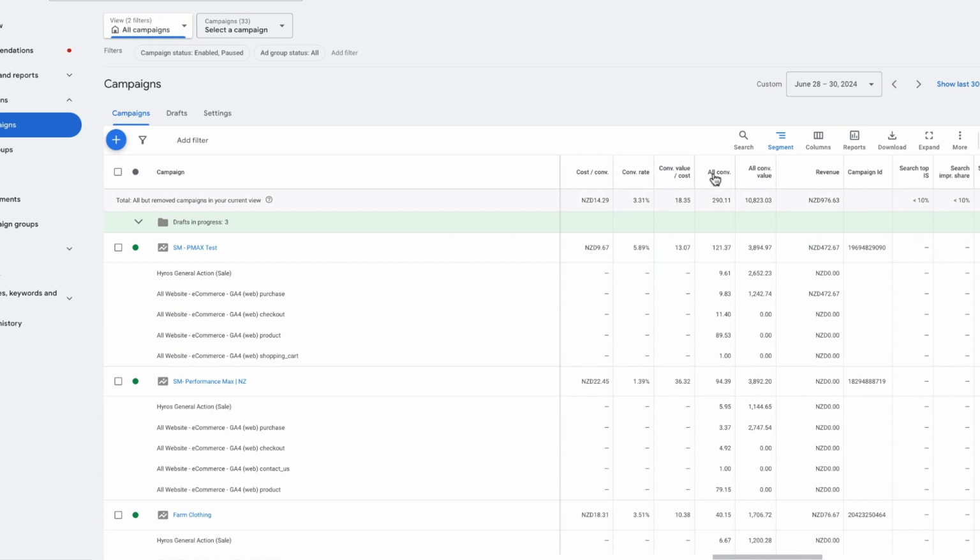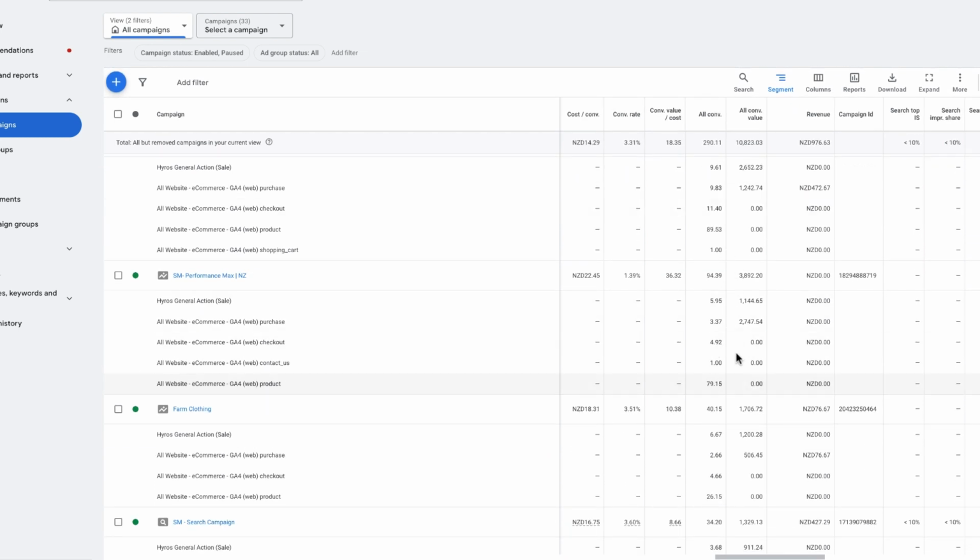So if we come across here to all conversions, we can see all of the metrics there. So it provides you a good indication of what campaigns are getting a lot of people to say add an item to their cart versus those that are going on to purchasing an item. Which campaigns are making people drop off the most? Let's say a lot of people are viewing the product, but very few are converting. It allows you to use that data and information and start making adjustments to your campaigns to optimize them more